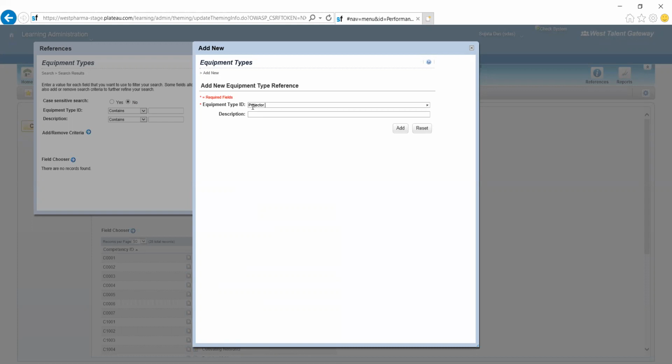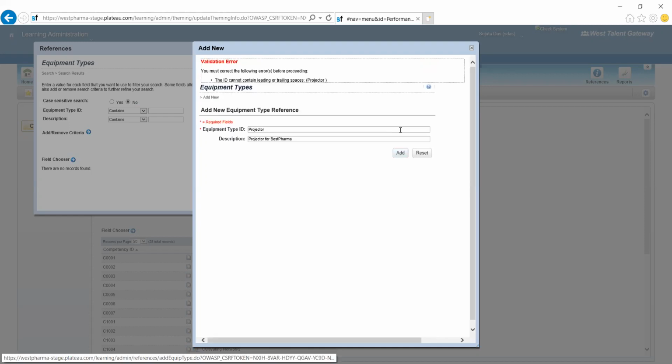In that case, I'll create one equipment type ID called projector, say projector for the organization. Suppose the organization name is Best Pharma. So I have now created an equipment type here.